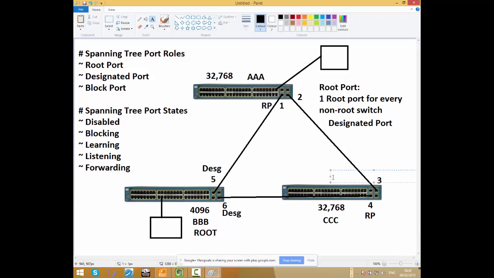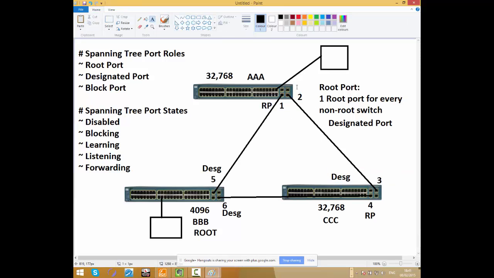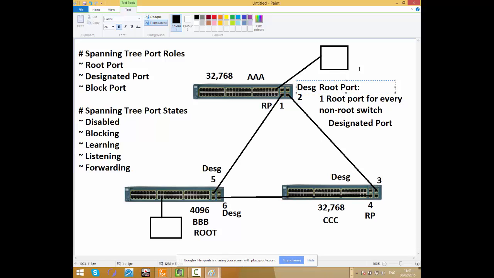Now we break the tie between 2 and 3 for the blocking port, and then we will go to the cost path. Let's say both are 100, so by default then we will go for the